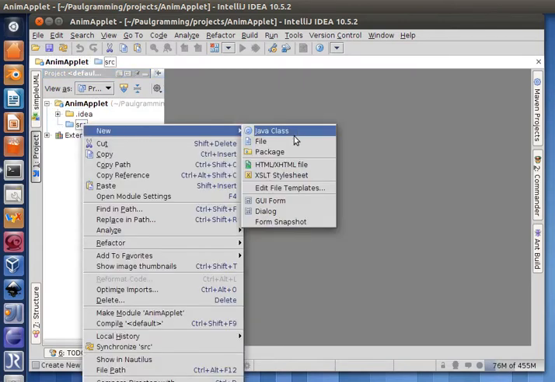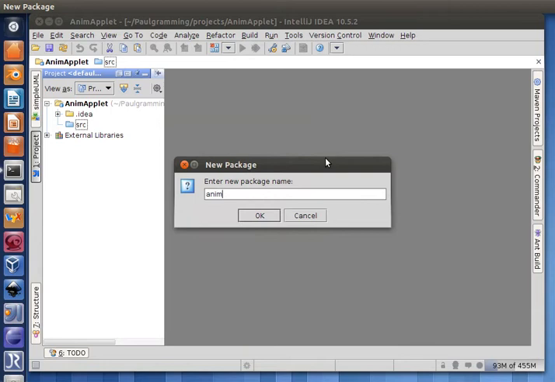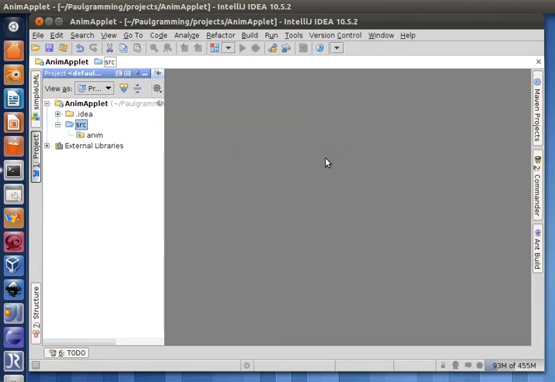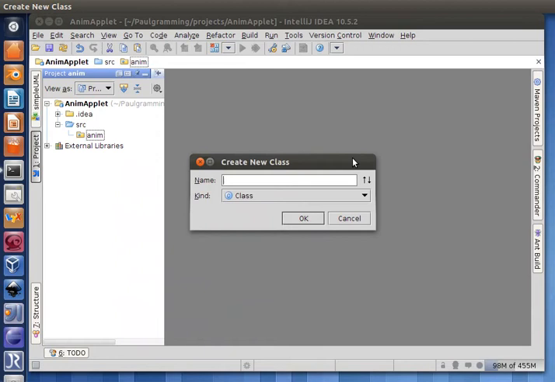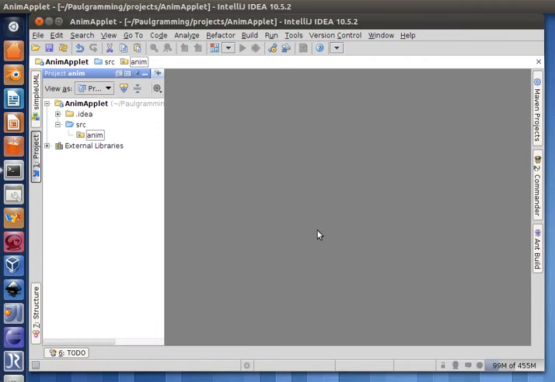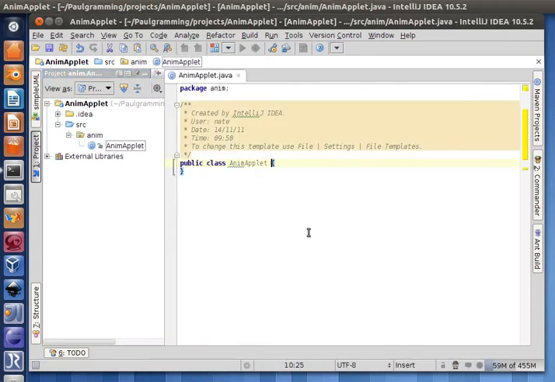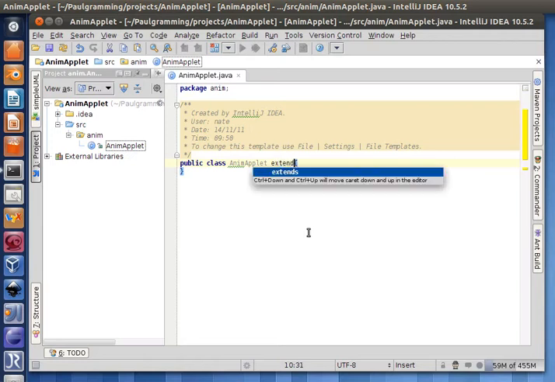So let's create a package for it. Then the main class. Let's call it the same. Give it the same name as the project, AnimApplet. Of course, this is going to be extending JApplet,